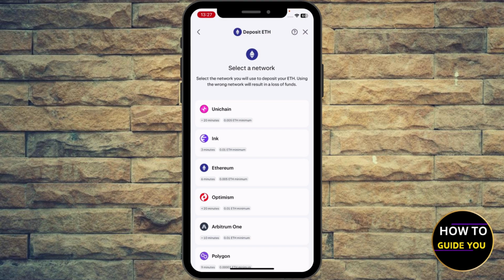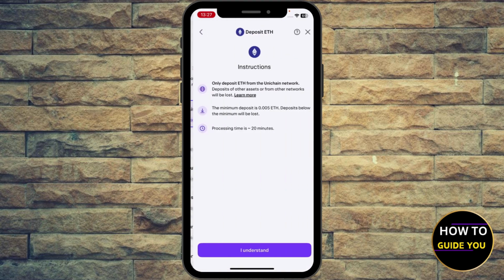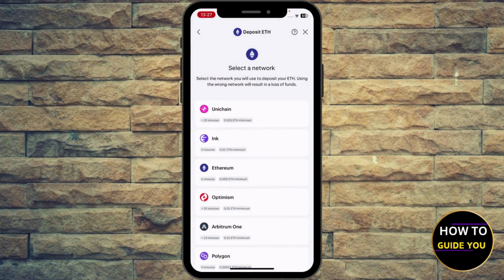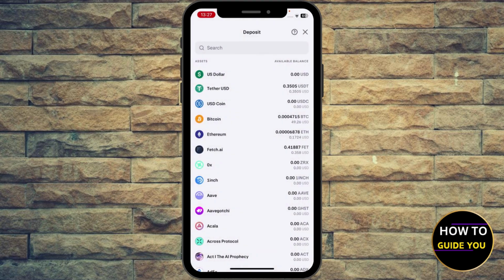So if that's the case, just go ahead and select the network and then hit I understand, and then copy the address and use that address to withdraw the funds from your other wallet to this wallet, right? Using that address. But if you don't have a crypto in another wallet and you want to buy with cash,